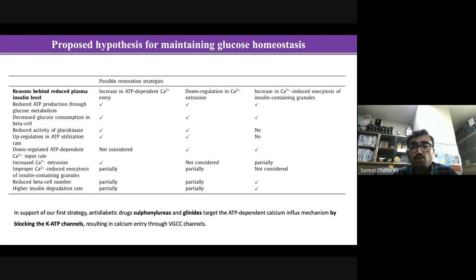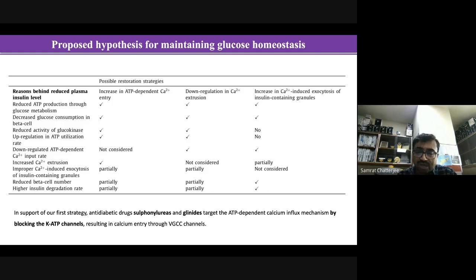So we put it here, and just to tell you that, for example, we propose three possible strategies. The first one, for example, is that there are already drugs available which follow this strategy, where they increase the ATP-dependent calcium influx mechanism. For example, the other tool has not been used, and you can share it with the biologists, and this can easily be done in vitro, I mean in the cells,